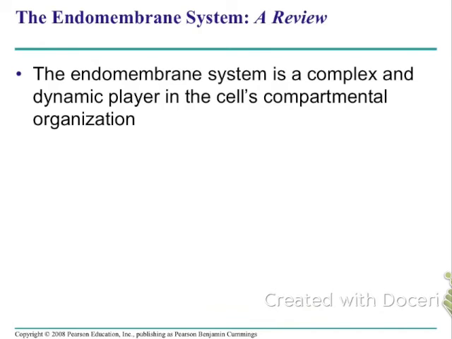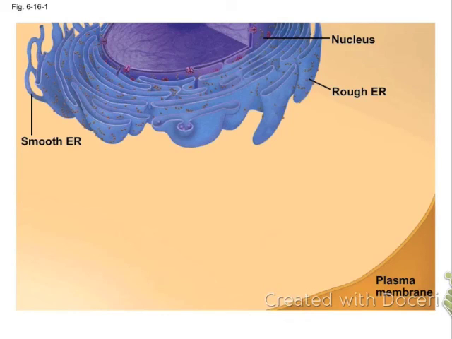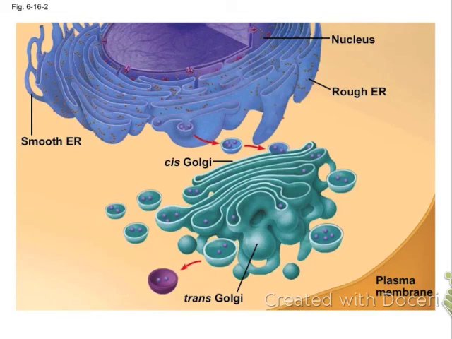And so when we talk about the endomembrane system, remember it is the system within a cell that produces and transports materials from start to finish. And why is the nuclear membrane included? Because that's where the messenger RNA exits out of the nucleus. That messenger RNA goes to the rough ER, to the ribosomes found there, gets produced into a protein, and then that protein gets sent to the Golgi where it's modified and packaged into a vesicle and then sent out of the cell. So in a review here of how it works, there's the nucleus with the ER attached to it, right? The products get spit out of the